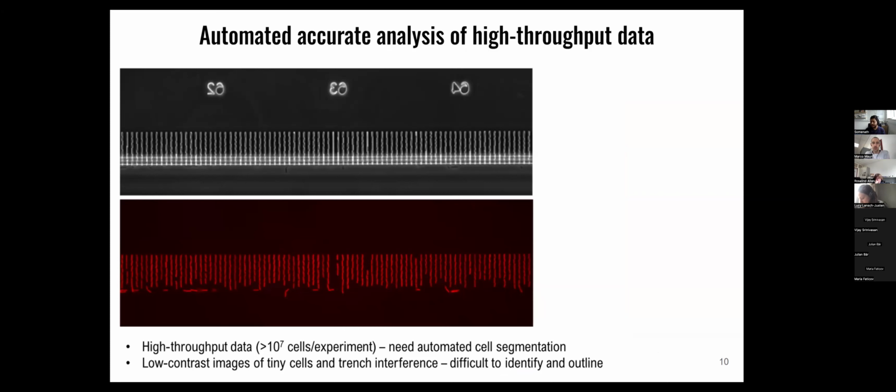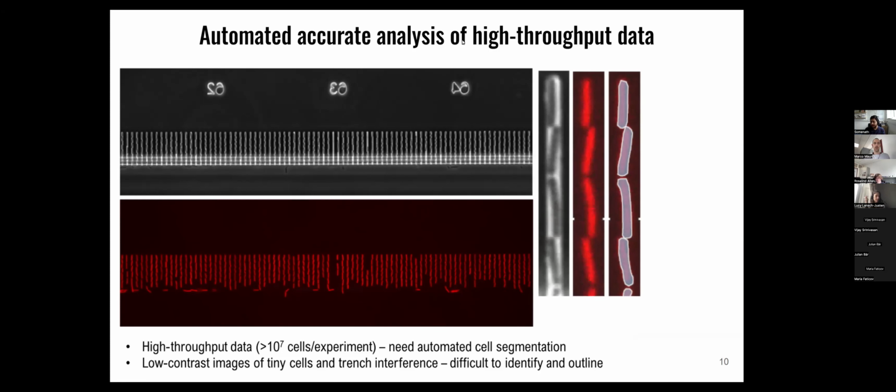Now, one challenge we also had to address here was data analysis. When we had this really high throughput, of course, we can't afford to sit down and analyze the data ourselves manually. The way we process this data is that we collect phase contrast images of individual cells, and we have fluorescence reporters for processes that we're interested in. And segmenting phase contrast images for these small cells in these tiny devices is a really challenging problem.